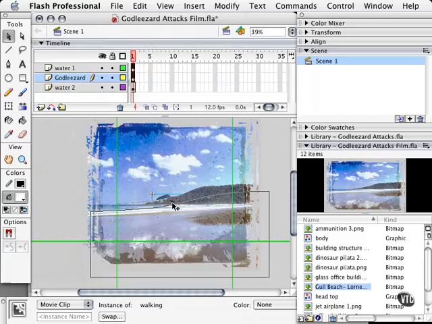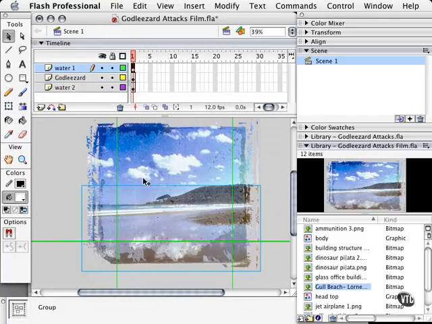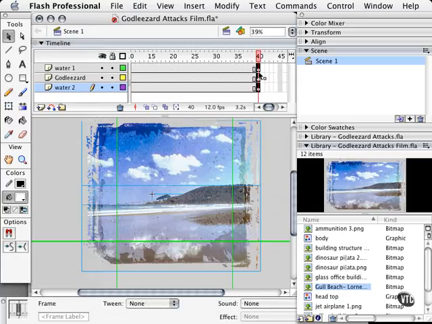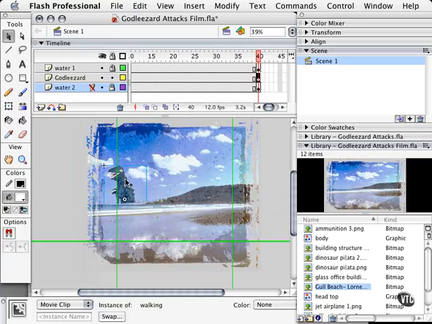So we're going to have him down here somewhere and have him coming out of the water. So let's animate that. Let's go ahead and add some frames. Let's go to frame 40 and just add a keyframe for everything. Let's lock our water, and we're going to animate God Lizard walking out of the water, like so. Let's add a motion tween